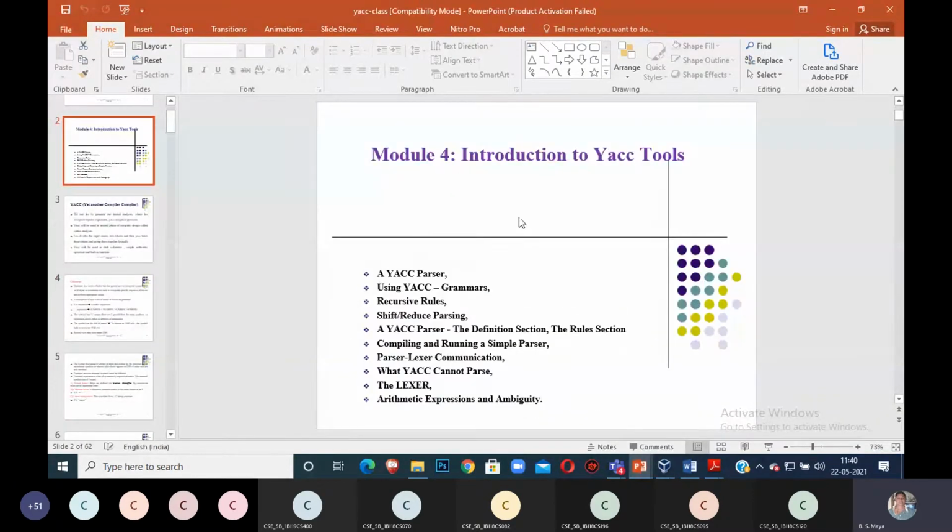Here your main concept is grammar. In lexical analysis we are using regular expressions, but here you are using grammar to do some task. For example, any grammar representation for a to the power of n, b to the power of n. Recognition of that type of grammar is not possible by using lexical analysis. Or evaluation of an arithmetic expression, 2 plus 3. You can check whether the grammar is valid or not, but evaluation is not possible. Evaluation requires the grammar representation. Also checking whether the given grammar is a palindrome or not. All those things can't be done by using a Lex program. For that we are going to use the grammar representation.